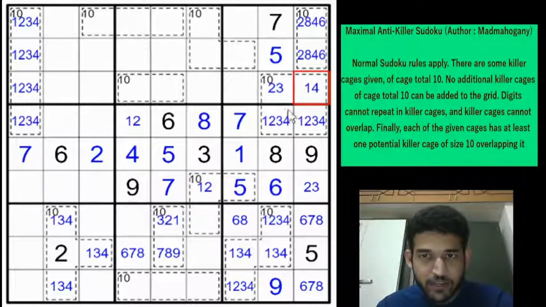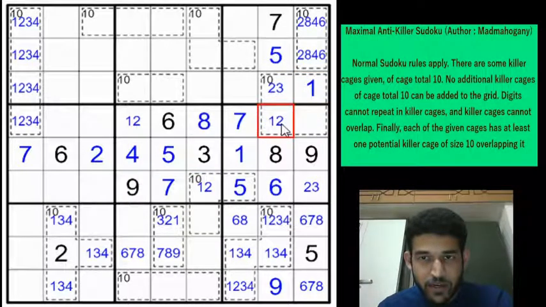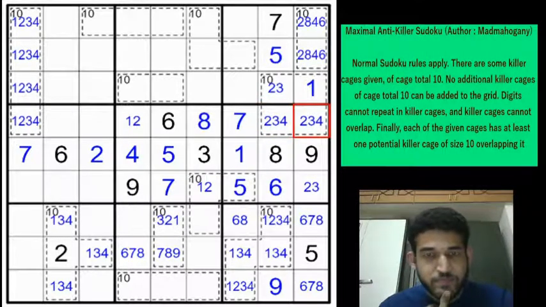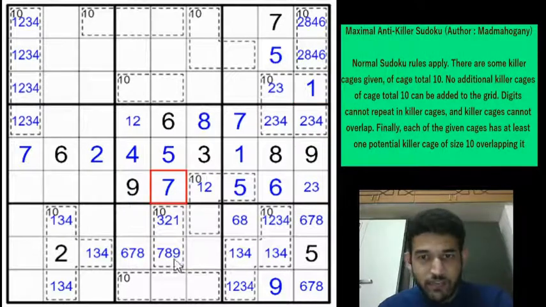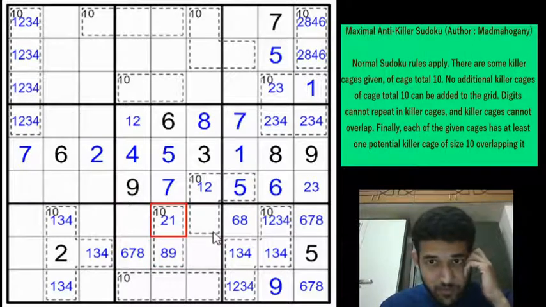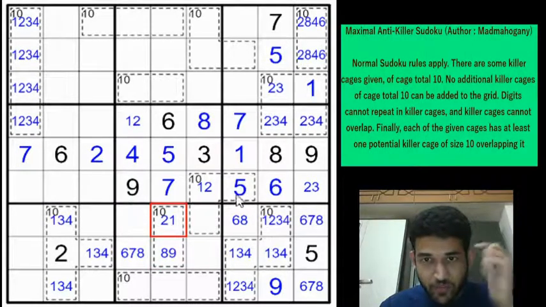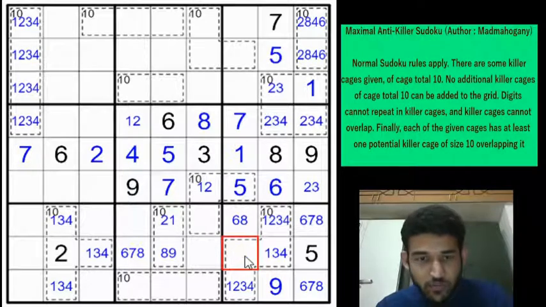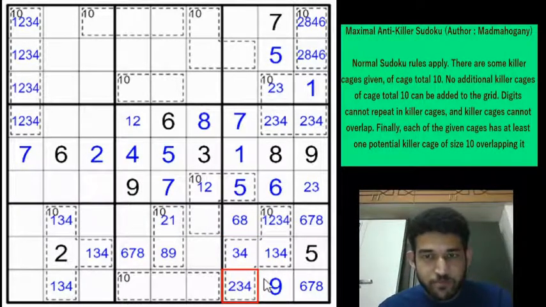Okay, so now if you remember, these two cells need to be equal, right? I said earlier. So this is going to be a 1 and these two cells will now be 2, 3, 4. Really good Sudoku. And there is a 7 here, so we can eliminate the 7 from here. So this will be 8, 9 and this will be a 2, 1, 1. So any more eliminations? Okay, 1 is here, so this will be 3, 4 and this is going to be a 2, 3 and a 4. That's good.